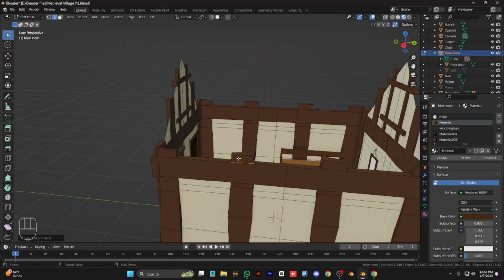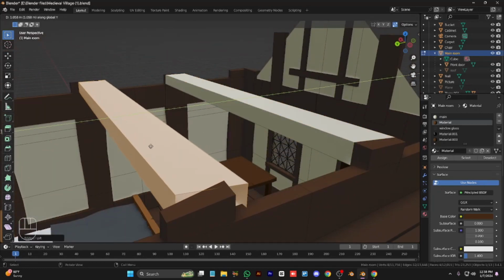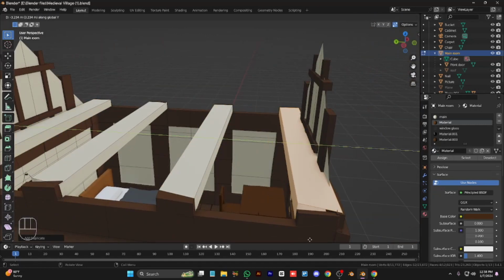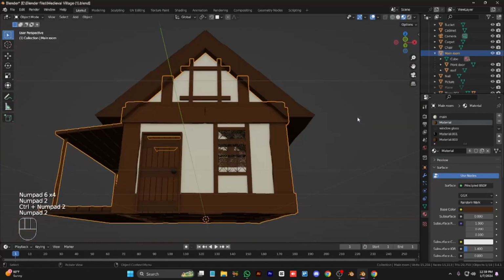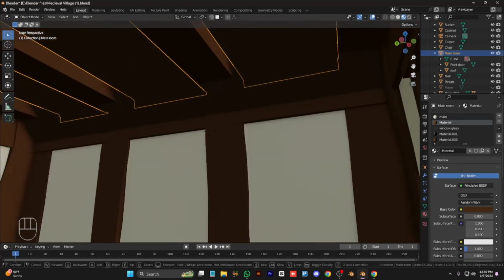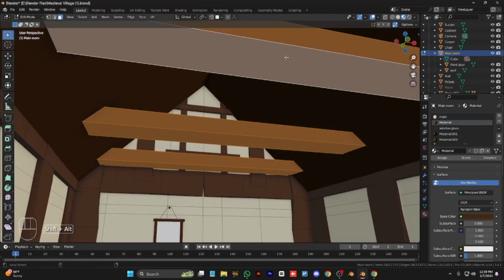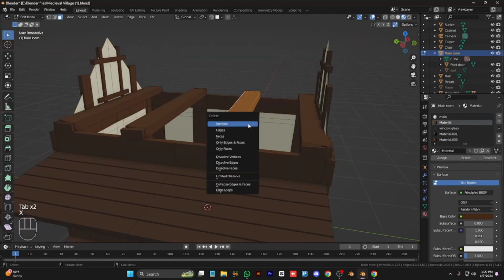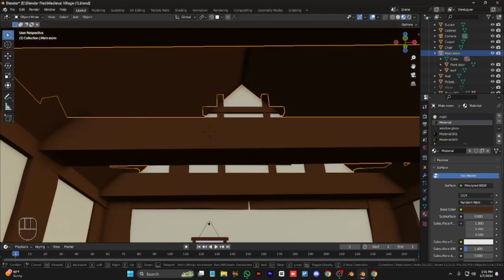Then we will add support loops to the roof and I will duplicate this here and this here and as well to the front. Okay, and color them brown. It looks good and move it down a little bit. Okay, duplicate it like here and select all, move it down, scale on the Z